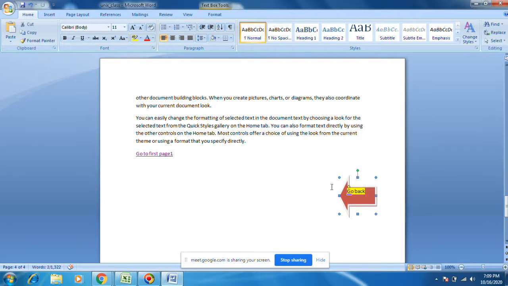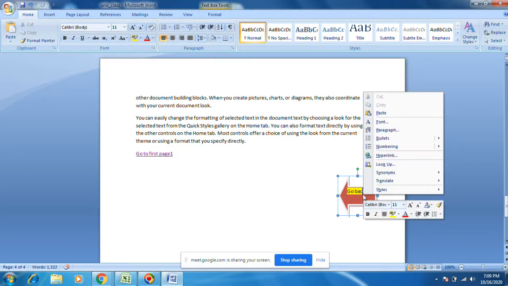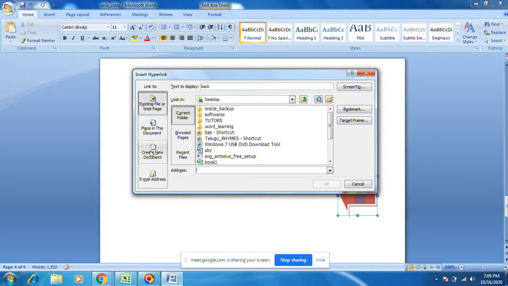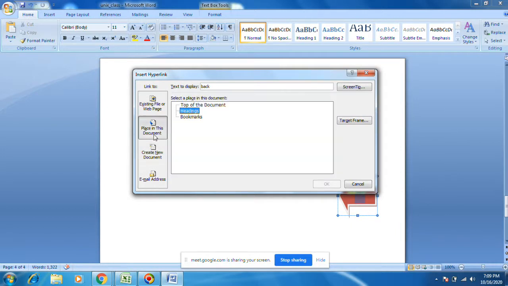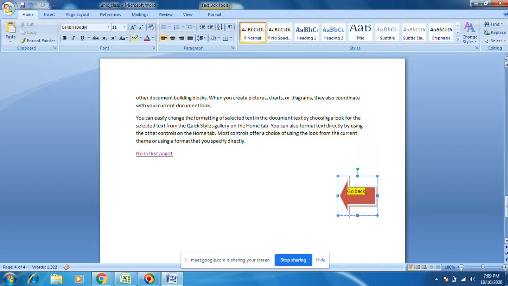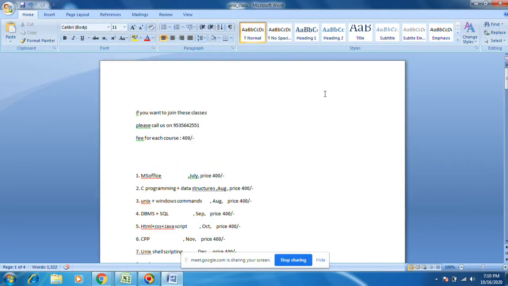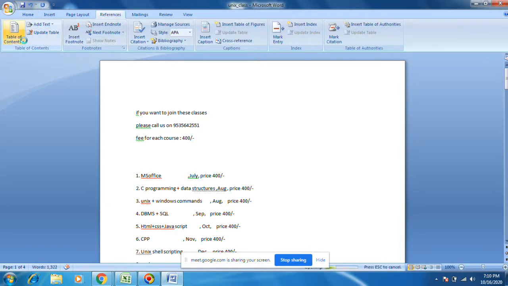This is not a hyperlink now. That link option will not come like this. Control click will not come here. Right click, hyperlink. Headings should come. Why is it not coming? Reference, table of contents.